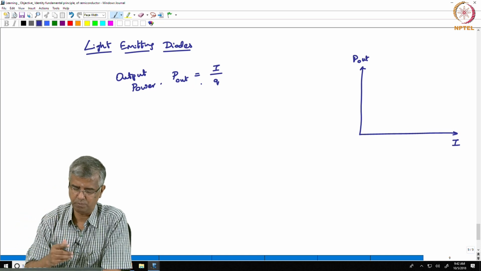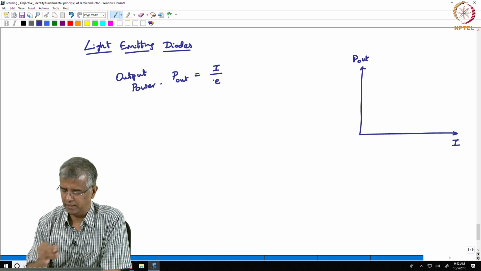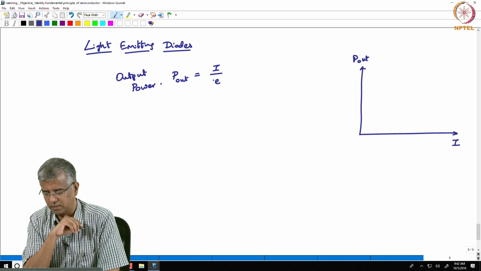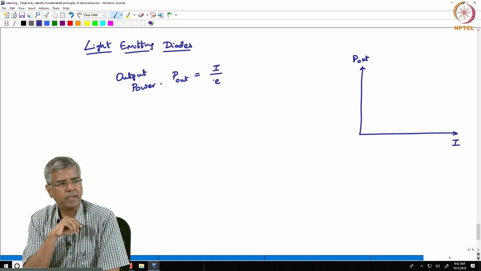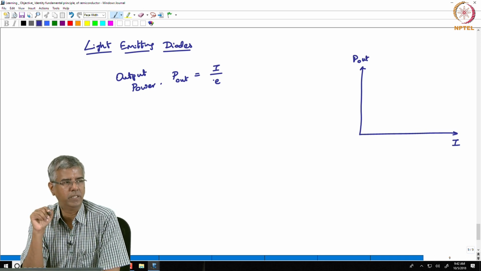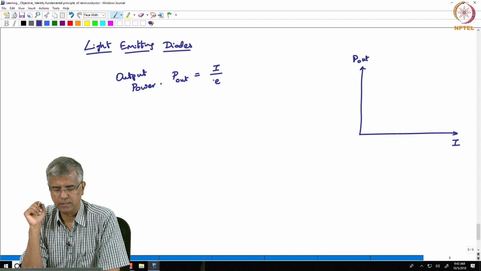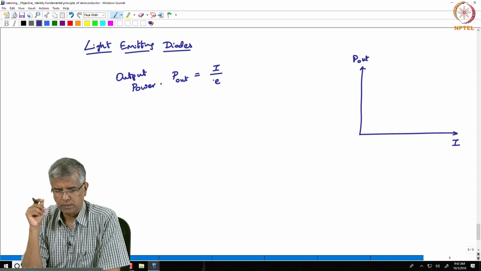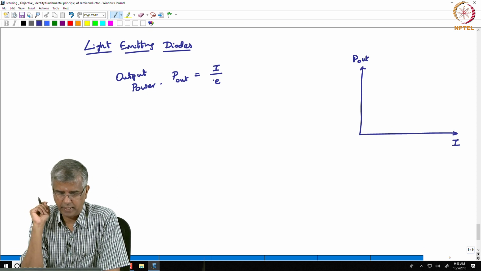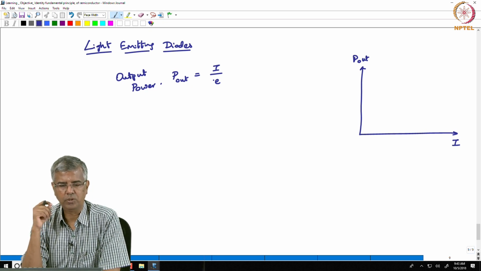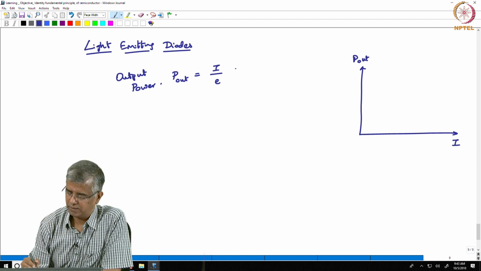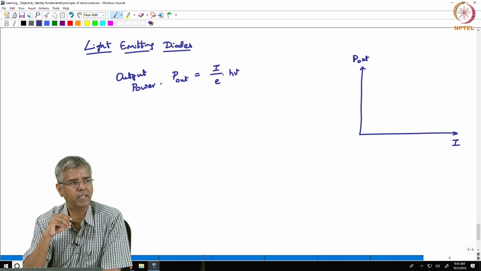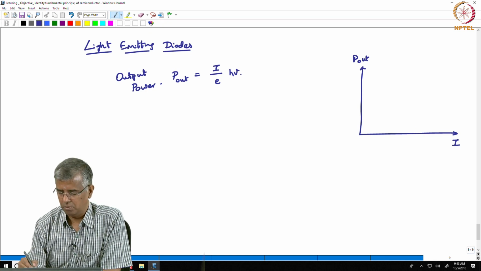We have been putting E as the electronic charge so that we can remain consistent. So I over E represents the rate at which current is injected into this region. That talks about the rate at which carriers are injected into the structure, and these carriers would have to recombine and give you light with energy h nu, multiplied by